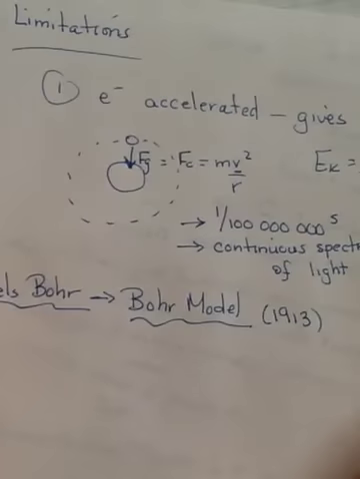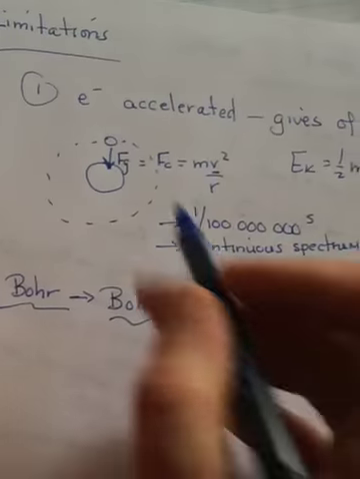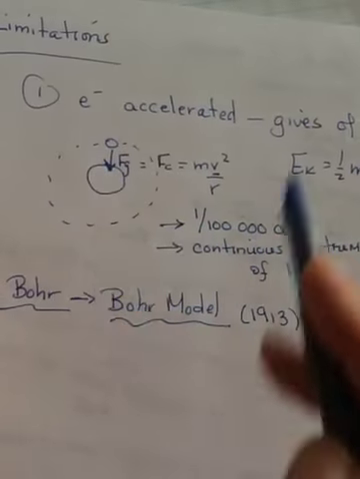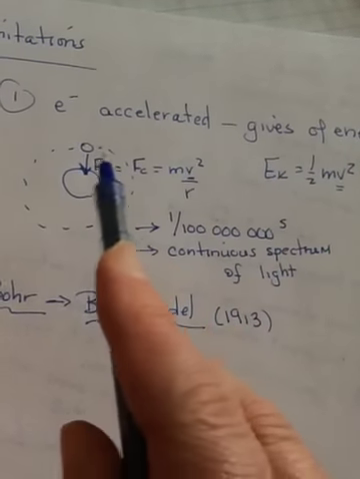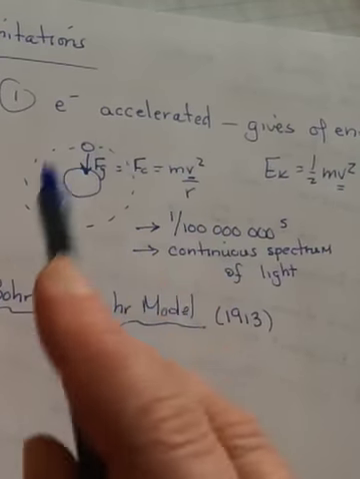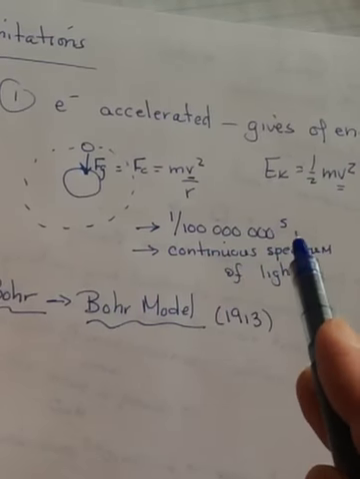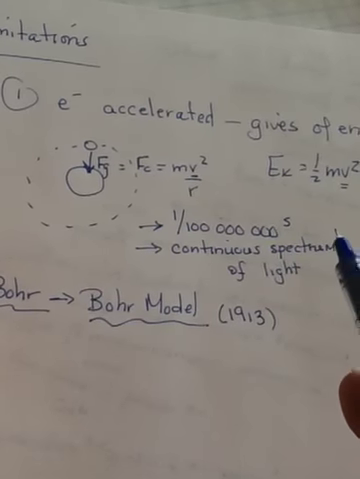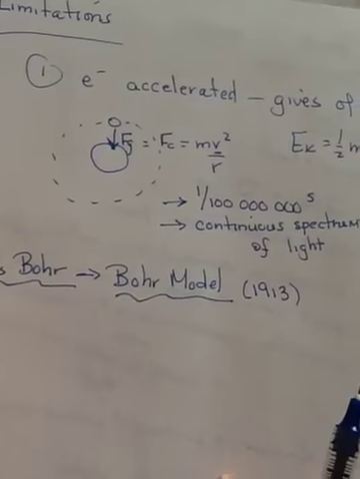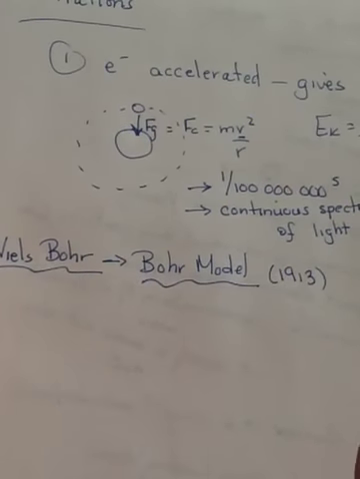He says, okay, Rutherford's was unstable. It has these limitations. The limitation that electrons are accelerating, so they're giving off energy, and that giving off energy means they're losing speed, and the losing speed means gravity's going to pull them in. They're going to give off a continuous spectrum of light, and the whole atom will be unstable. It will only last for 1/100,000,000th of a second. So we need to change a few things. And so that's the next video. What does Bohr do to make Rutherford's